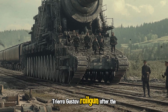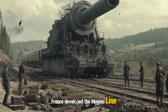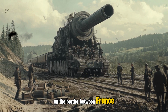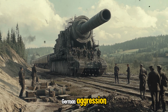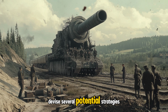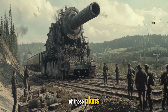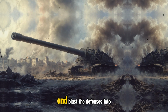Schwerer Gustav Railgun. After the First World War, France developed the Maginot Line, an expansive network of defenses on the border between France and Germany, as a measure against potential German aggression. In the lead-up to World War II, German military planners devised several potential strategies to overcome this barrier. One of these plans was as simple as it was straightforward: create a gargantuan artillery piece and blast the defenses